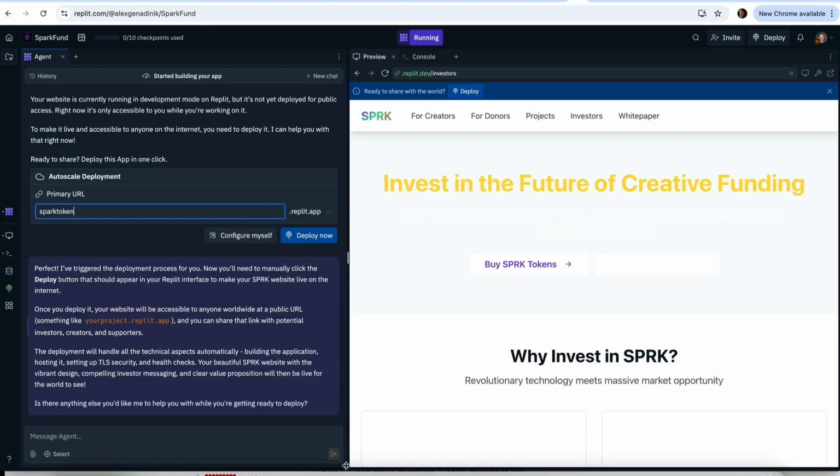Once you are ready to take the next step into launching your website, you don't just launch your actual website, you launch a test version. And that's in technical terms called a deployment. So what you would do is type into the prompt something like deploy, which I did, and Replit will give you a potential URL like Spark token. You see it gave me some options before like Spark fund Alex Kinedinik. The URL is going to look like this: your project name